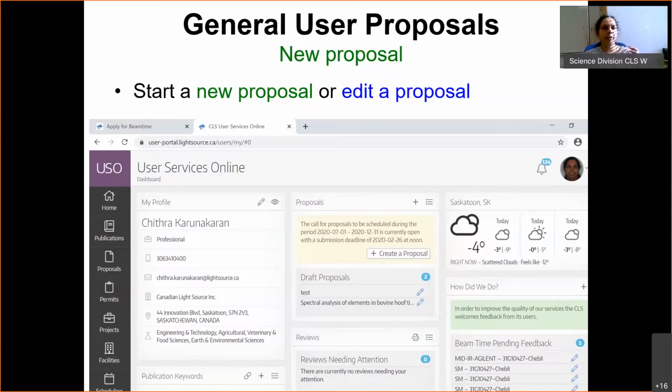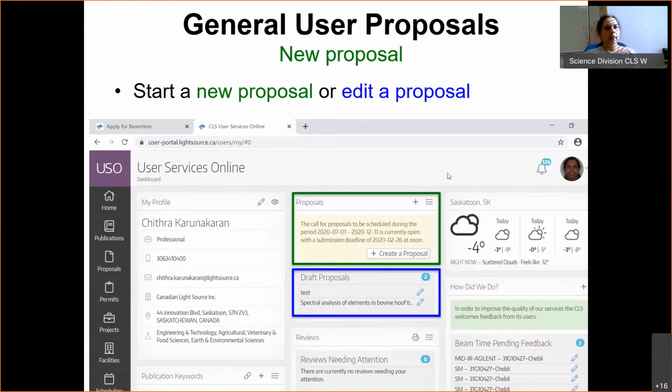So if you are coming from far away and you want to make your plans, this comes in handy. Here is the place you will create a new proposal, the green box, and the blue box shows your saved proposals. The saved proposals, you can edit anytime and save and submit at the end.